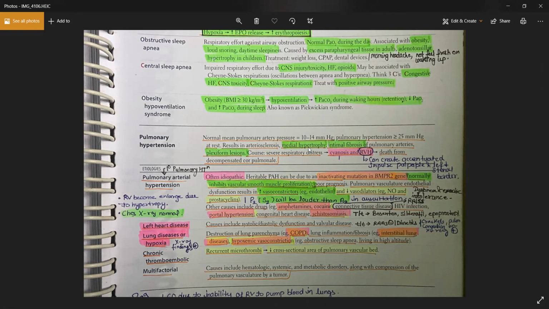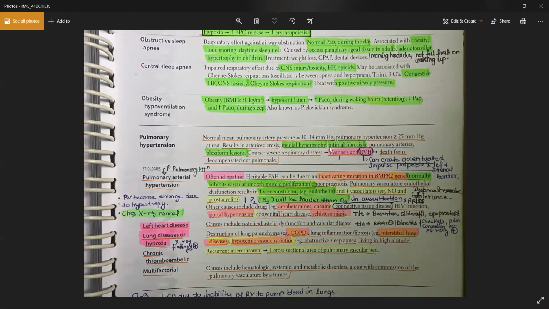So in the case of pulmonary circulation, you do not measure the systolic or diastolic blood pressure, you just measure one pressure, the 10 to 14 mm of Hg. You will call it pulmonary hypertension when this pressure rises to more than 25 mm of Hg. Ultimately, this can lead to atherosclerosis, this can lead to medial hypertrophy, and this can ultimately lead to